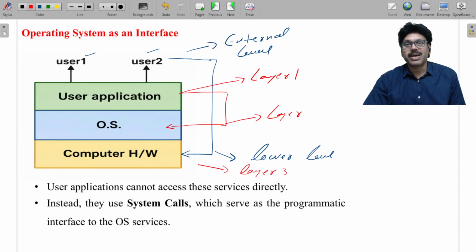What is the meaning of abstraction? Hiding the details away from the user. You are not allowed to access the computer peripherals. You are able to use them with the help of what? The operating system. That's why the operating system is a bridge between user and hardware, or an interface between user